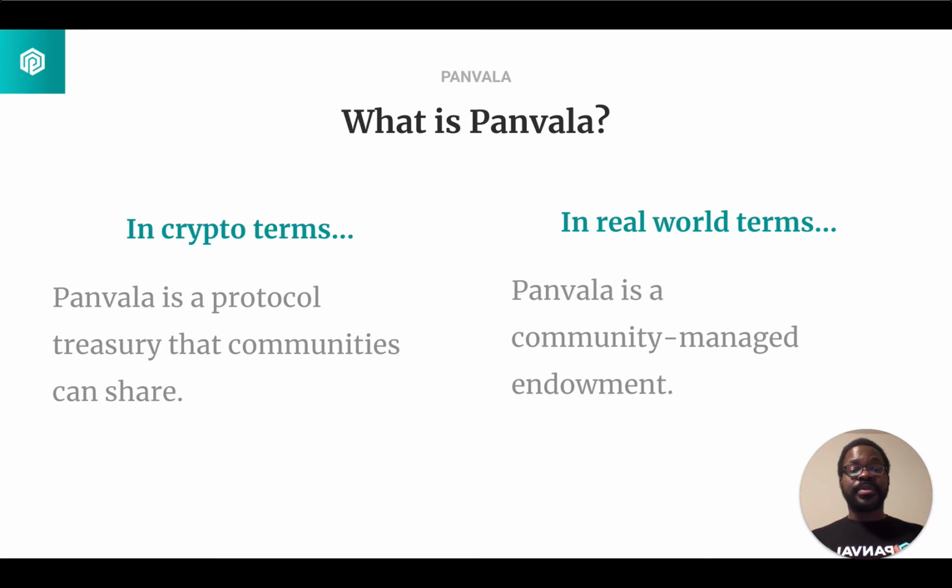What we're familiar with, that vibrant college life, is funded by a community managed endowment, and we want every community to be able to have that kind of tool at their disposal without having to have some sort of extremely wealthy person gift them something to start with. We want you to be able to build up an endowment from scratch, and that's what we do with our